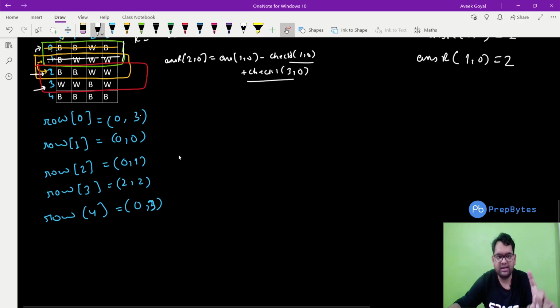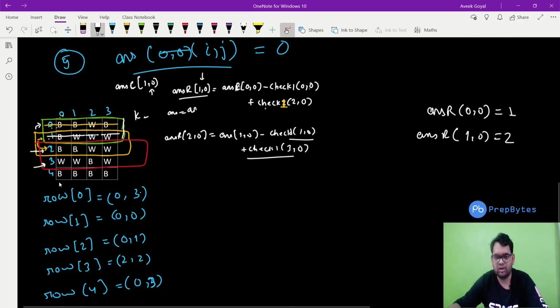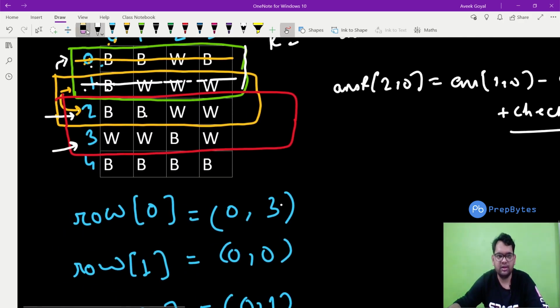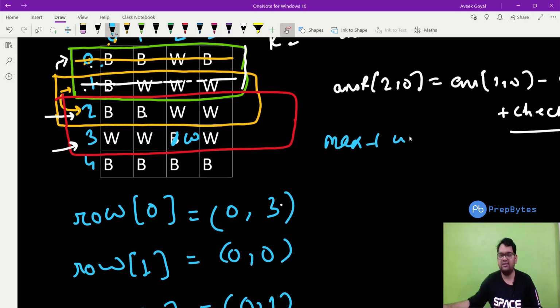Fine, there is just one more thing that I wanted to say. Suppose here instead of this B I have a W. That means we already have some white lines before. This is also possible, correct? That we already have some white lines, either a white row or a white column. Fine, so there is no need to do check 1 or check 2 on these rows because they are already white. Okay, so what we can do is, whatever maximum answer we are getting at the end, we will add these white lines which are already present.